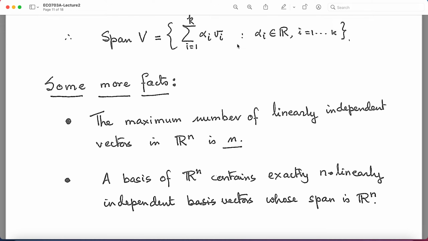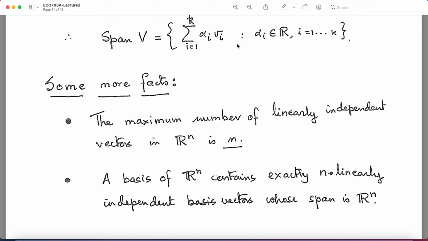because basis elements have to be linearly independent, and there is a maximum number of linearly independent vectors. So, you take a set of vectors, what is the maximum number of linearly independent elements it can have? It is n. If I have n plus 1 vectors, then the set of vectors is not linearly independent in Rn. So, any set of vectors which is more than n cannot be linearly independent and cannot be